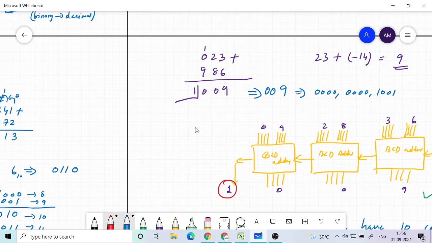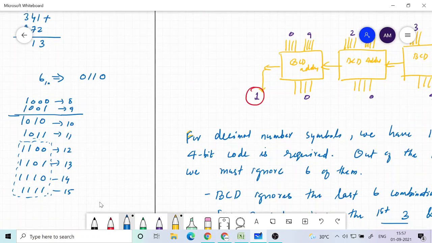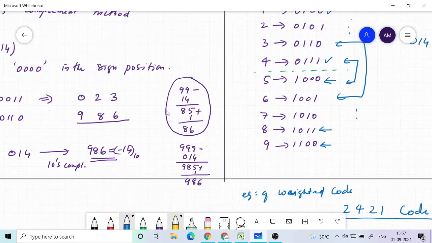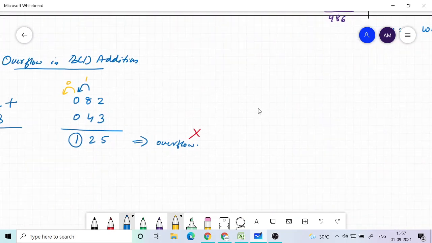If you look here, you can see that this is 1, and here also there is 1. So whenever these are the same, 1, 1 or 0, 0, you have no overflow. But now here it is 0, 1.